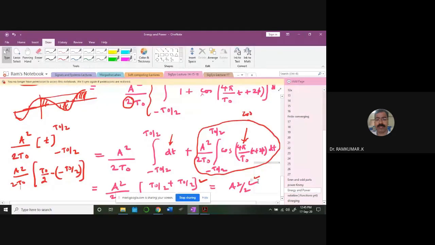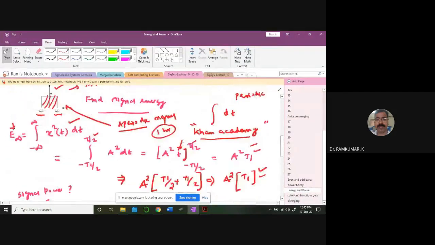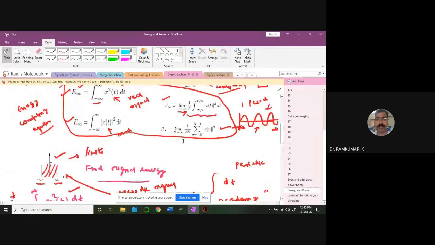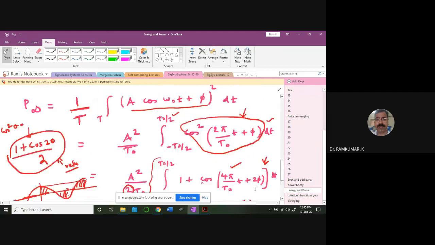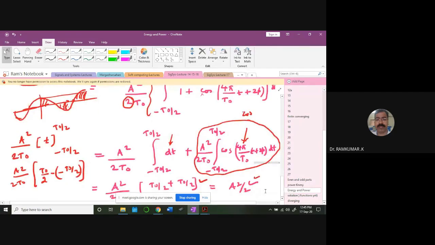Anybody having difficulty understanding it? So, what about the power value of this particular waveform? Can somebody tell me? 0, sir. Why is it 0? Because it is a finite value we are splitting into many, sir. Average power will be like we are splitting a finite signal into many. Excellent. Very good. You understood the idea.